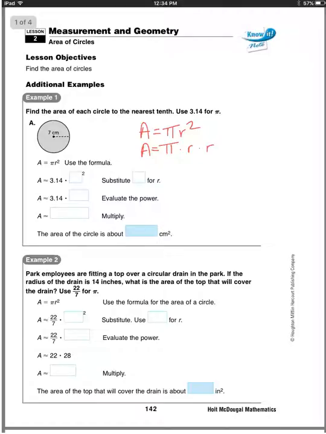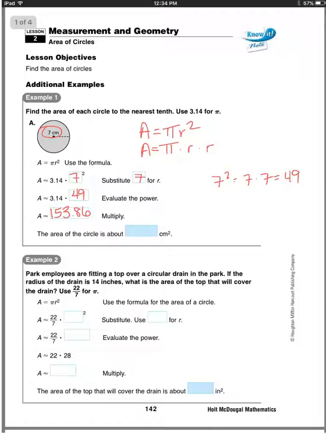times r. Okay? So, remember the radius is the distance from the center of the circle to the edge, in this case 7 centimeters. So we're going to do 3.14 times the radius, which was 7 squared. Okay, now 7 squared is just like saying 7 times 7, which is 49. So, evaluate the power, we get 49, and then we're going to multiply 49 times 3.14 and get